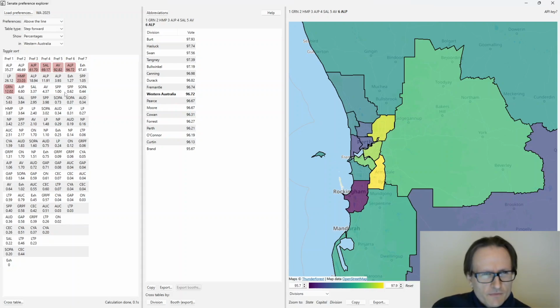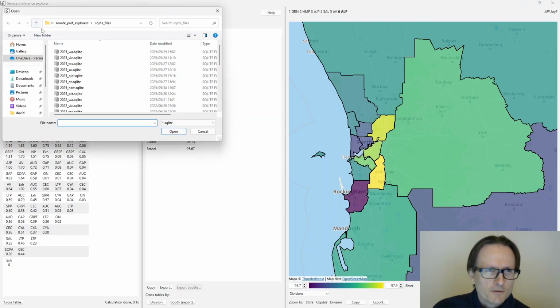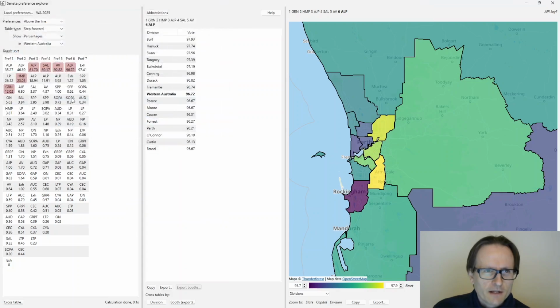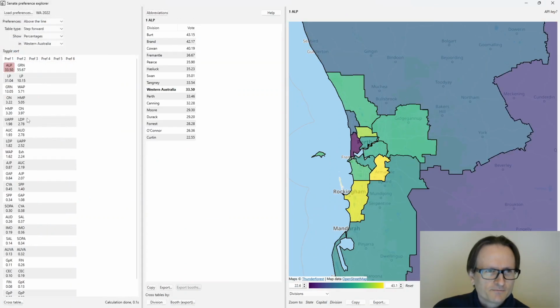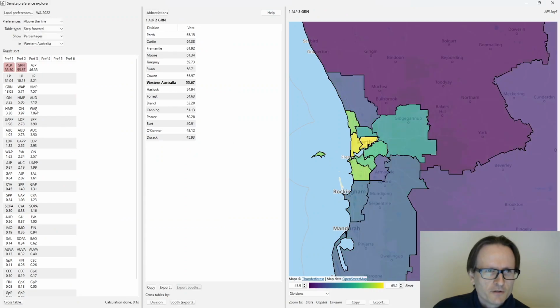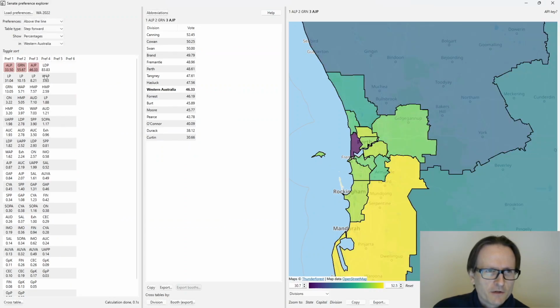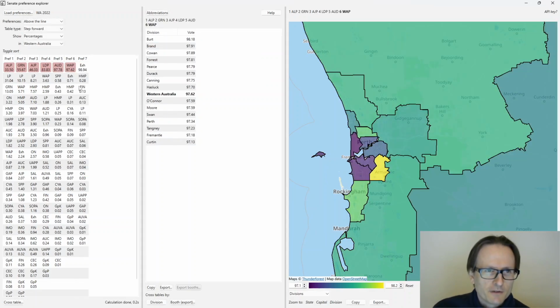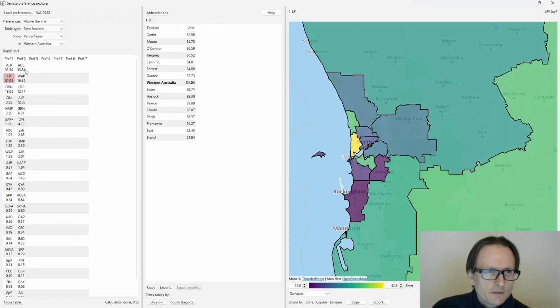Right, that's not very dramatic, but that's a sort of phenomenon that we see in the preferencing of the voters and how it relates to their how to vote cards. Something that is a little bit more dramatic is if we go back one election, staying in WA. Let's look at the Labor votes. 55% going Green, 46% Animal Justice, and if you go through those three, you're probably following the How to Vote card. Okay, if we look at the Liberal Party,